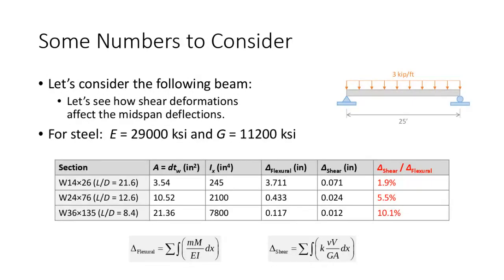So check this out. I have a really simple problem. This is a simply supported beam with a uniformly distributed load. And I used some numbers that were real. So I put 3 kips per foot on a 25-foot long beam. And as for the different sections, I actually pulled out my steel manual and I said, okay, what are some real life section properties here? Now, just to make sure